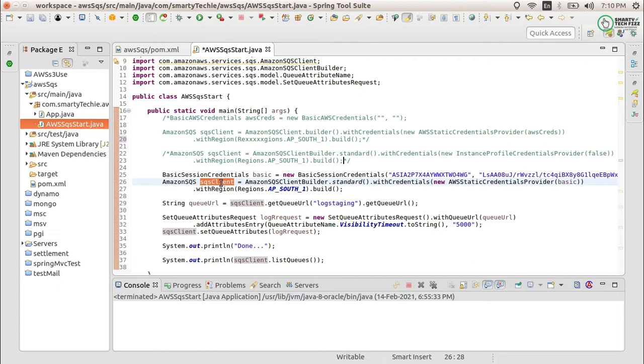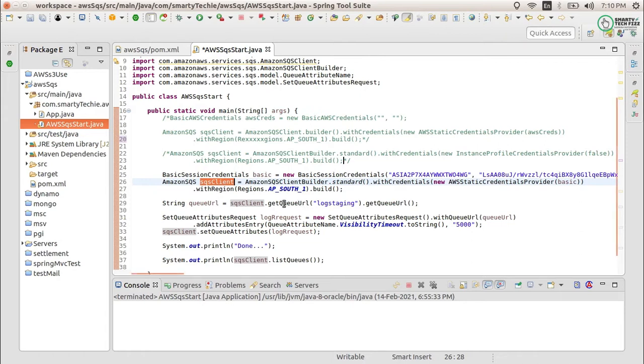Now after this, what I am doing here is for the other type of operation. What we need is a URL, because AWS SQS always provides a get URL for producing or consuming any of your messages.